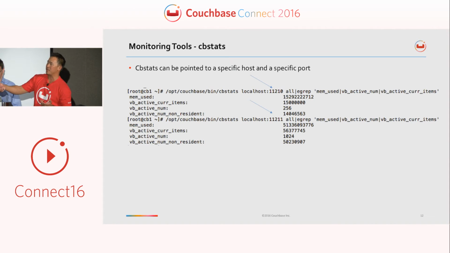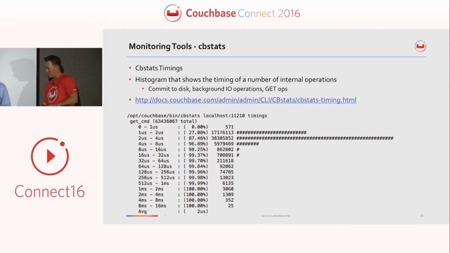But the reason is that when I hit port 11211, that port is Moxi. It's our memcached proxy. And what that does is it actually sends it out to the entire cluster. So from CB stats, you're able to get metrics not only on a per node basis for a given bucket, but you're also able to get cluster-wide metrics if you're interested in that from a collection standpoint. All right,